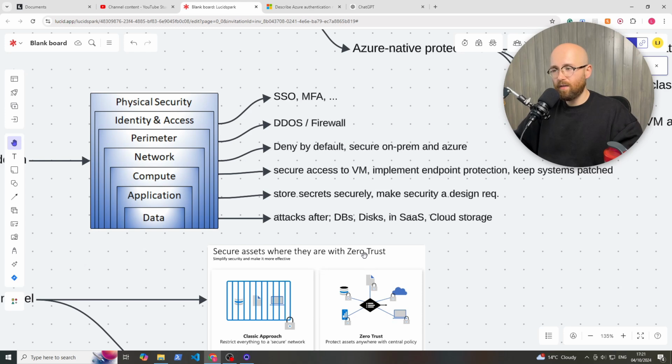And finally, data. They're after databases, disks, and they're also after the things which are in SaaS products, which you might not even consider. For example, your Gmail is probably tied to your Google Drive, meaning if you have data in your Google Drive and someone accesses your email, not only do they have access to your emails, which then are probably linked to websites and where you have your bank cards leaked, you're going to get in trouble there. But you're also then going to have your Google Drive. So not to scare you, but this is why you need to be super secure. And then cloud storage with Google Drive. But SaaS was more pertaining to, say,